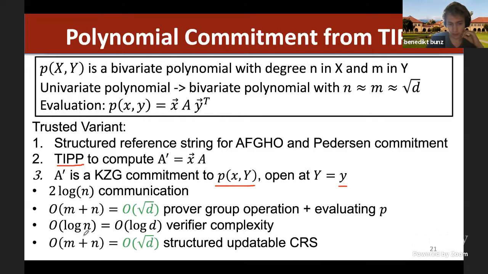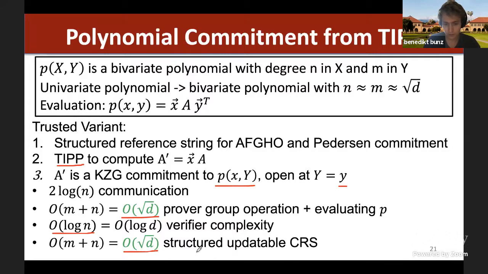But now the verifier complexity has been reduced to log n, which is O of log d. But the important thing is, you might wonder, this is a trusted variant, and with a trusted setup under the same assumptions, we already have the KZG polynomial commitment, which has even less, it has constant verifier complexity. But the key benefits here are that the prover complexity is still just m plus n, and the verifier and